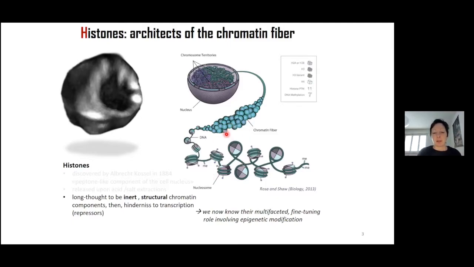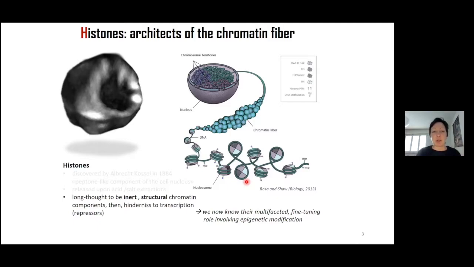And the level of folding of this fiber has long been thought to be very regular throughout the nucleus. It was thought to have especially a supercoiled or super-folded level of 30 nanometers. And this super-folded level has been challenged quite recently. So we now understand that it's a bit more complicated than that. And in this folding organization, linker histones have been attributed a role mostly of stiffener and